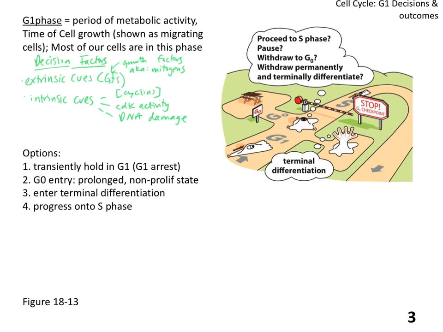Okay, so here are the options. Basically there are 4 of them, and remember that we're starting off with our cell that's right here. The first option is that the cell can transiently hold in G1. We call this G1 arrest. That's symbolized by this little volcano-looking thing here, which looks like the cell is just in a holding pattern, kind of vibrating there with these little things here. So it's just hanging out, and this is in what is considered G1